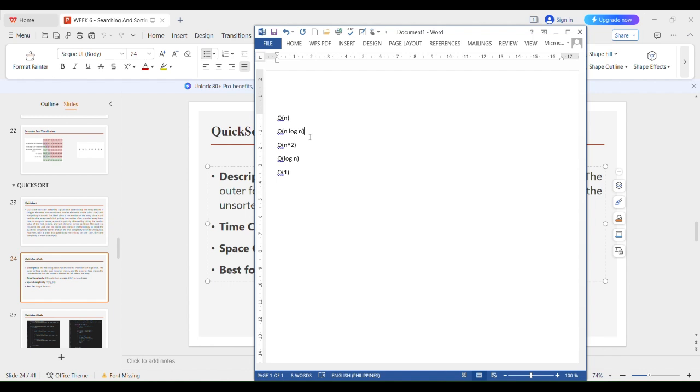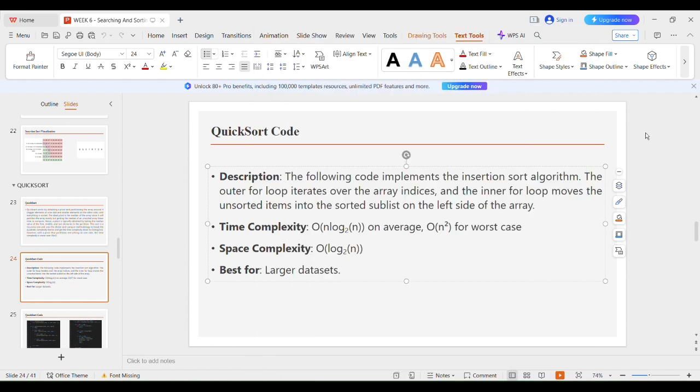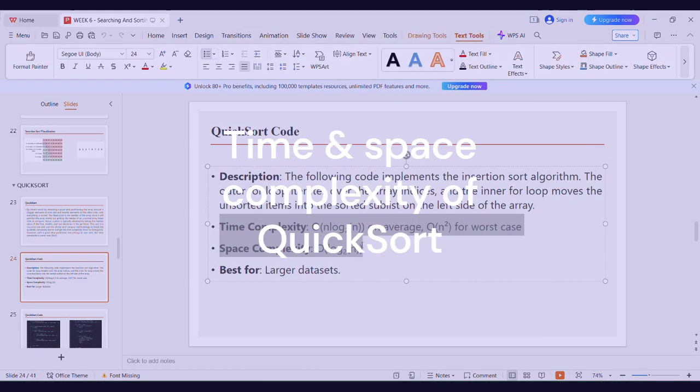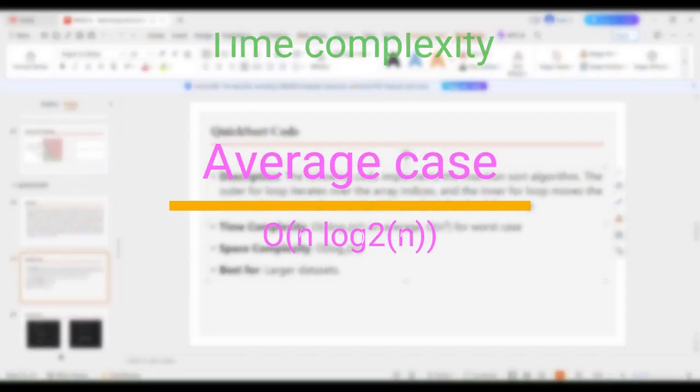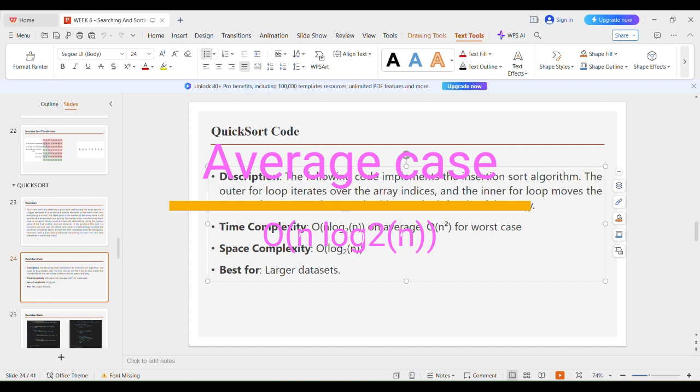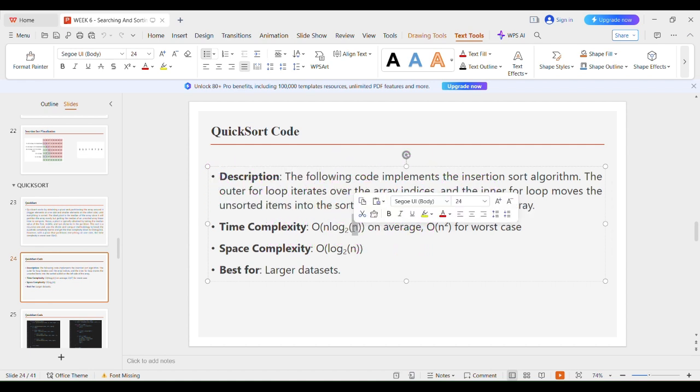Now let's talk about the time and space complexity of the QuickSort code. Remember that for the time complexity, the average case is O(n log2 n). n represents the number of elements in the array that we're sorting. And log2 n,